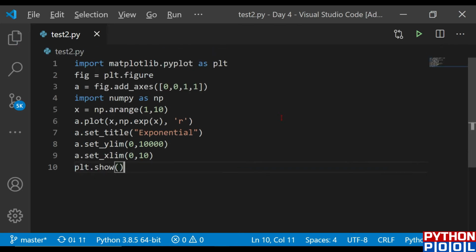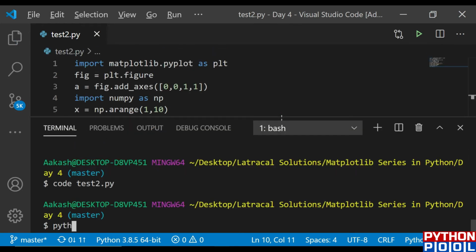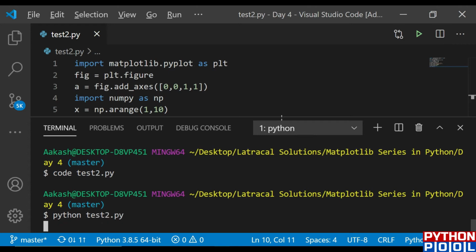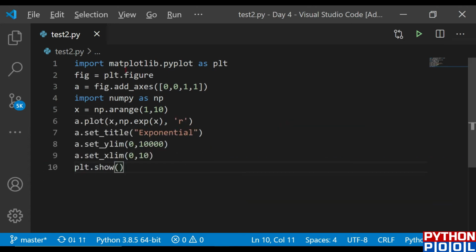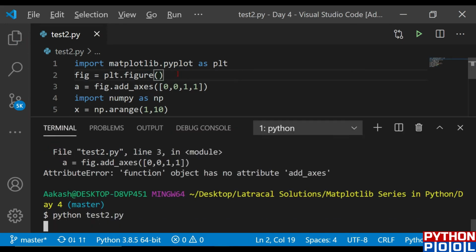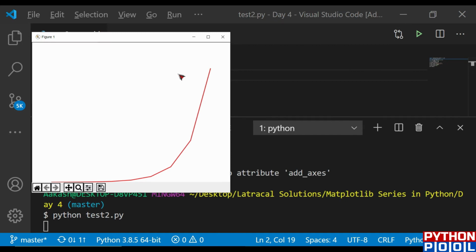So let's hit save. Let's see if it runs perfectly fine. Okay, add_axis is not there because we don't define it as a function. Silly mistake. And you could see it is there, though our axis is not visible because of some errors.